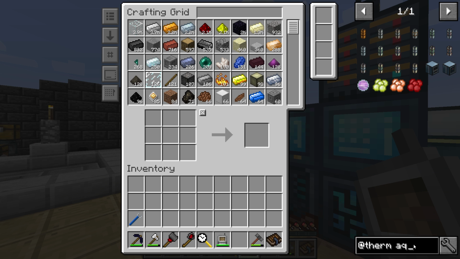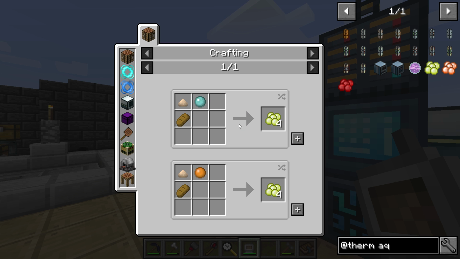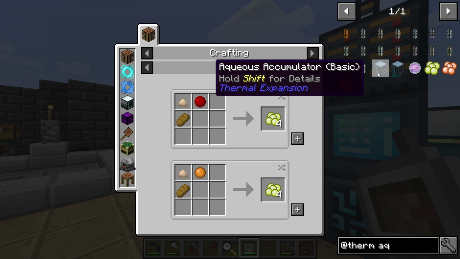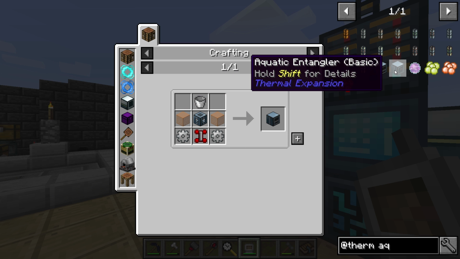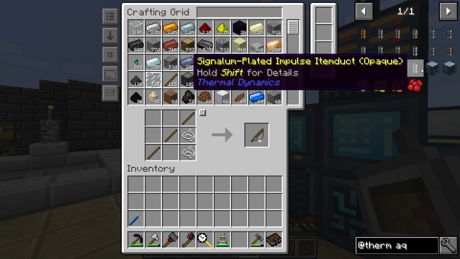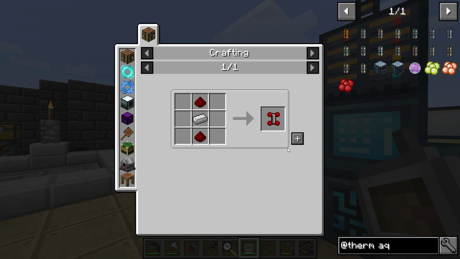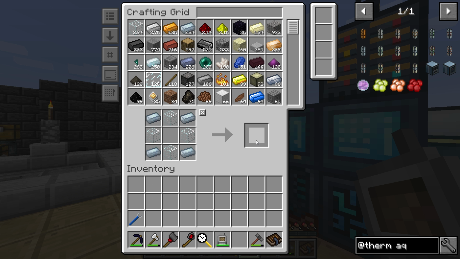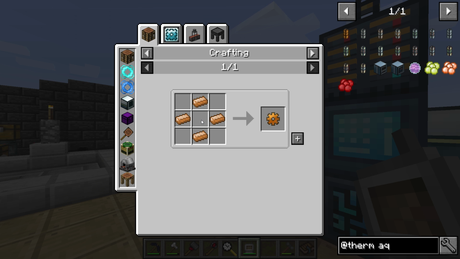And yeah, Thermal has a fishing system. You can use this aqua chow and stuff for the bait, and we can try and get some more fish that way. That way I don't have to sit here and do some crazy stuff to get this to work. So I'm gonna go ahead and make an aqua entangler, and I'm gonna kind of explain to you how this thing properly works, and we can hopefully get this thing set up, and that way it'll just, you know, generate